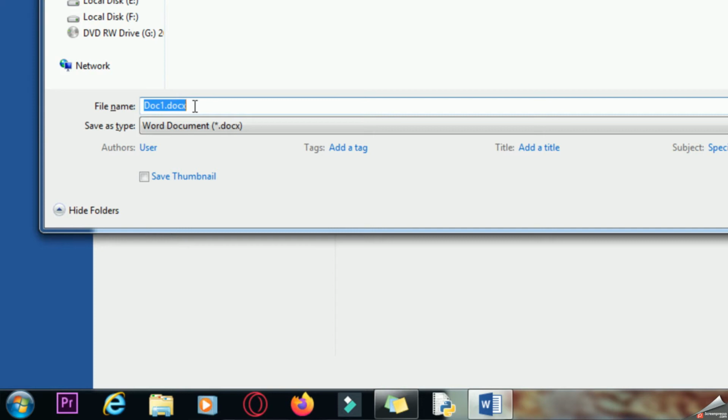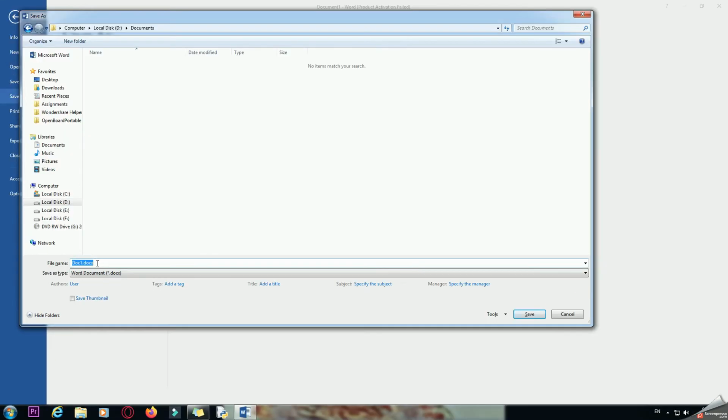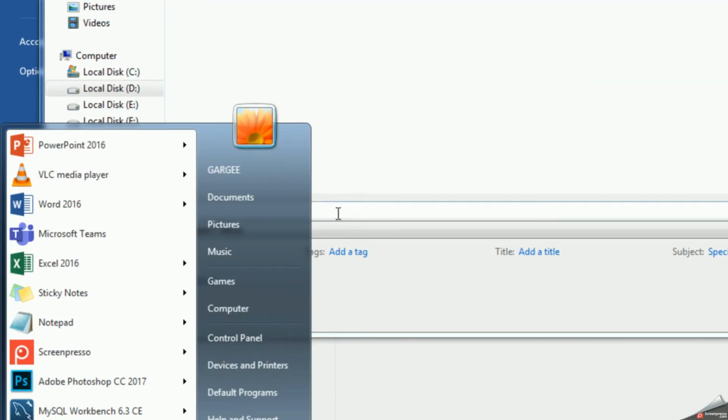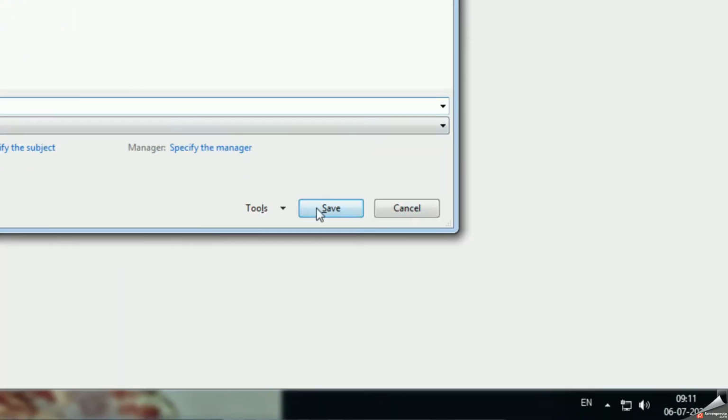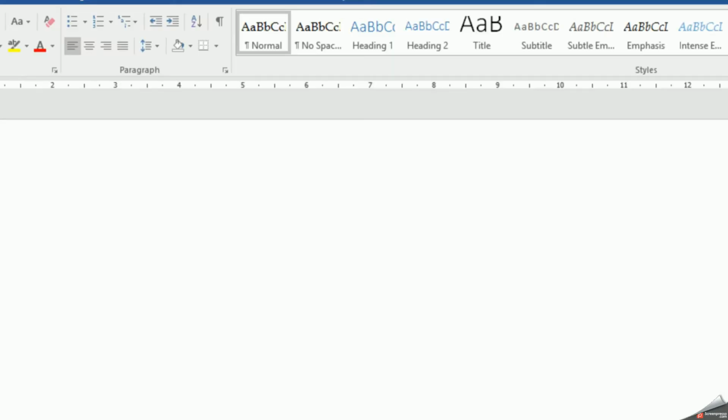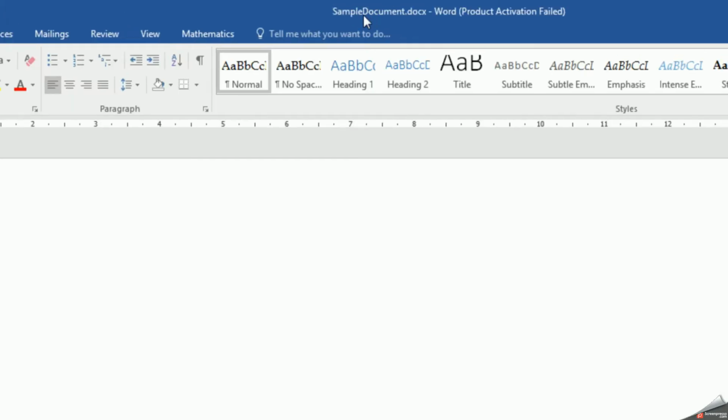So I've just given a name, sample document. You can see its type is Word document. Click on save button, and you can see that the document is saved.